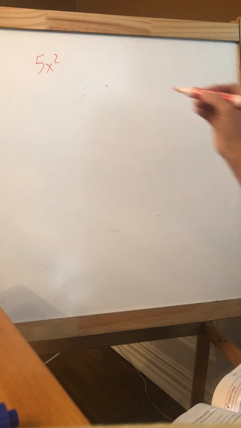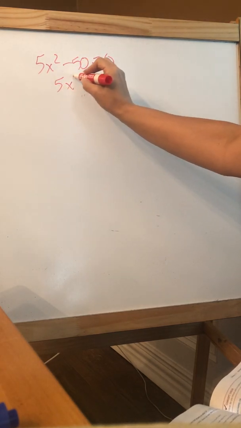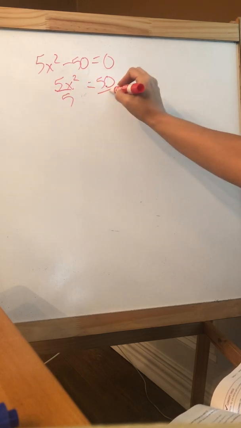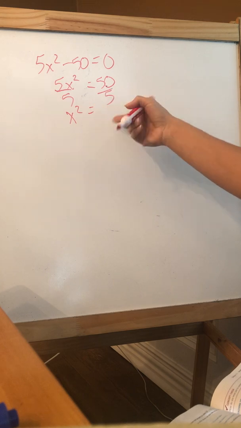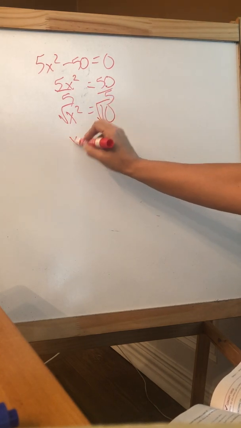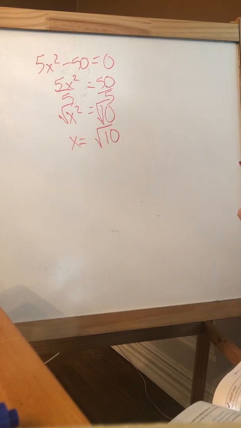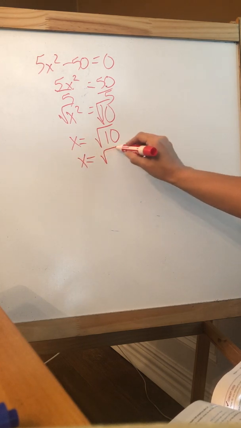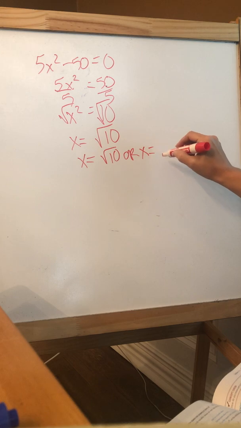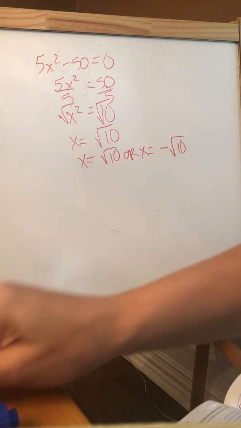Okay, so practice 2 says use square root property to solve 5x squared minus 50 equals 0. So we're going to add 50 to both sides. So we're going to have 5x squared equals 50, divide by 5. And we have x squared equals 50 divided by 5 is 10. Take the square root of both sides. X equals square root of 10, and whatever the square root of 10 is going to be plus or minus. So your answer would be x equals square root of 10 or x equals the negative square root of 10. Okay? All right, let's go ahead and look at